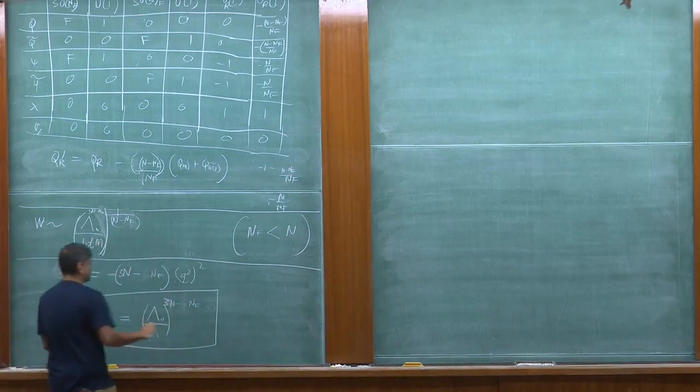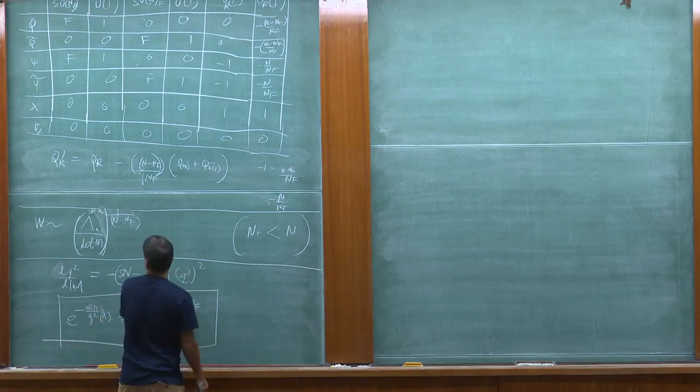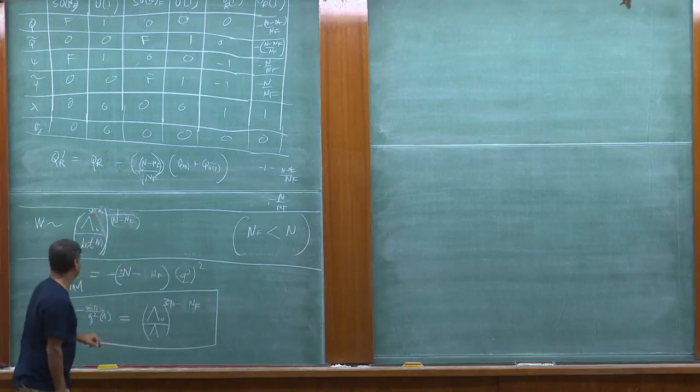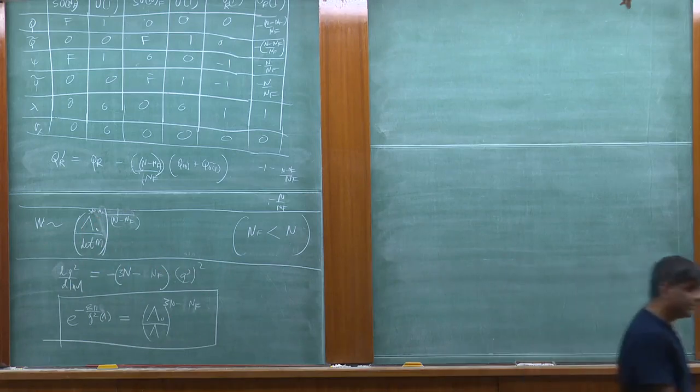Yeah. It's 3N minus Nf. Thank you. It should be the same 3N minus Nf here that appears here. Right? That's why it's a one-instanton thing. 3N minus Nf. Okay. Notice, by the way, that this beta function tells us that the range